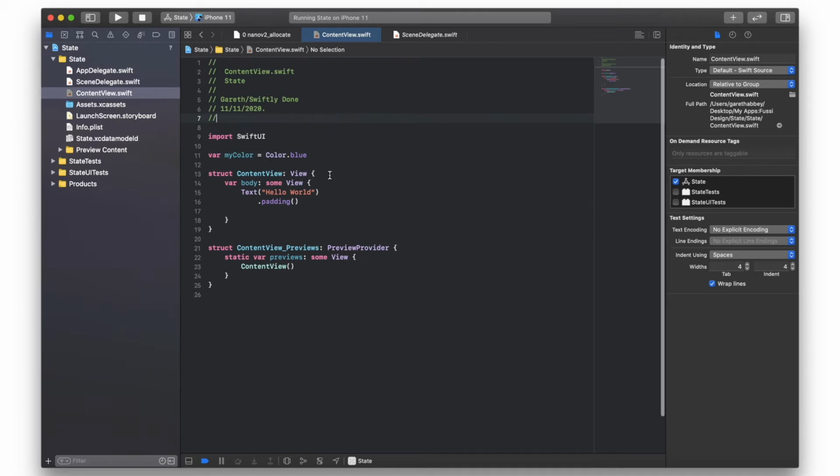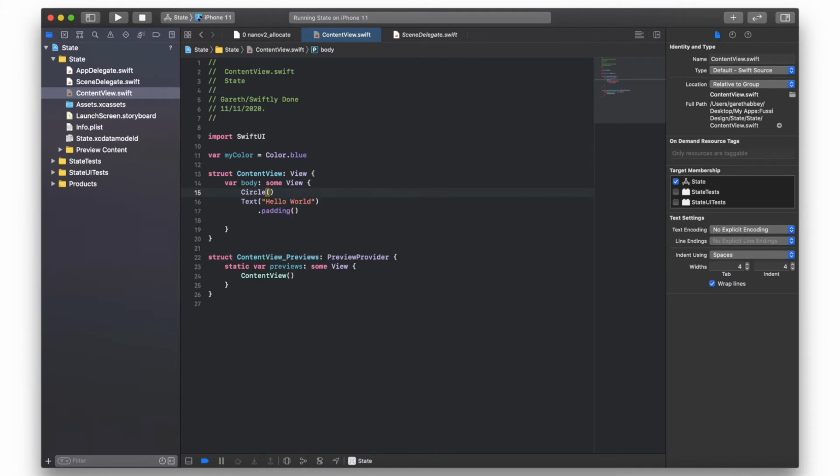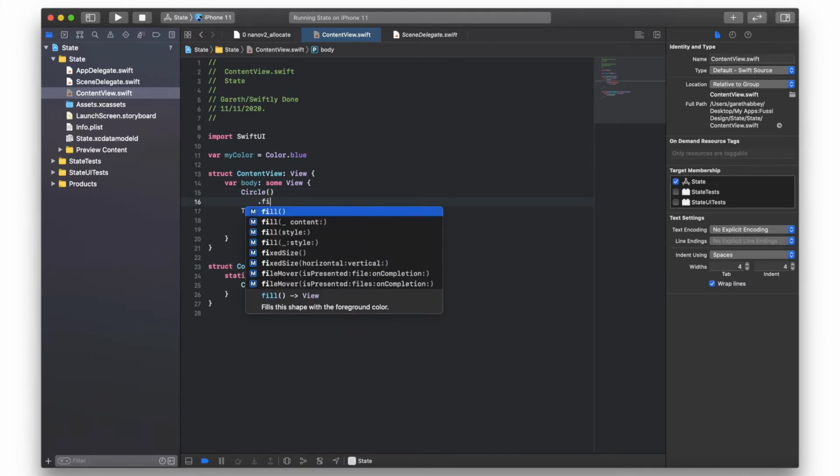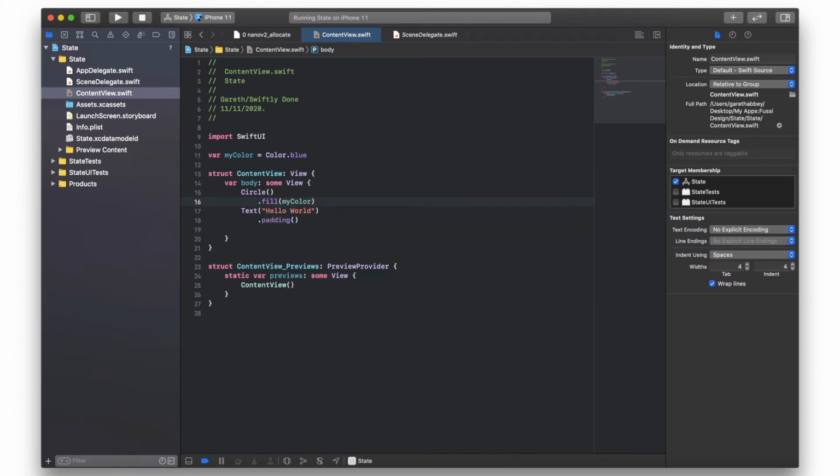Okay, and the next thing we're going to do is in the body, I'm going to create a circle, then close brackets. I'm going to fill it with a color, and the color we're going to fill it with is going to be the variable myColor. I'm going to change that text there, so it's going to say "Press here",